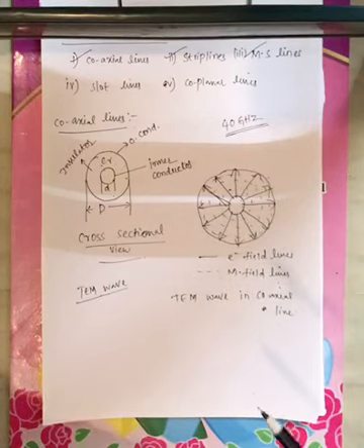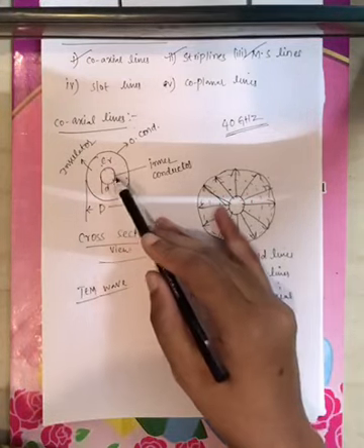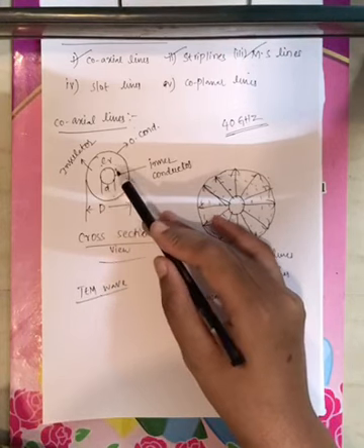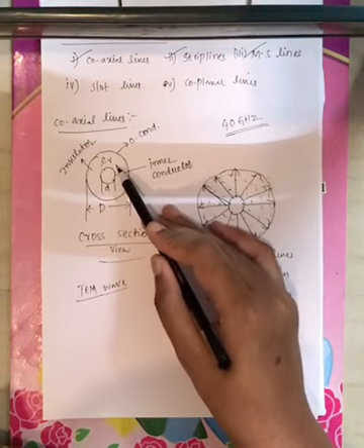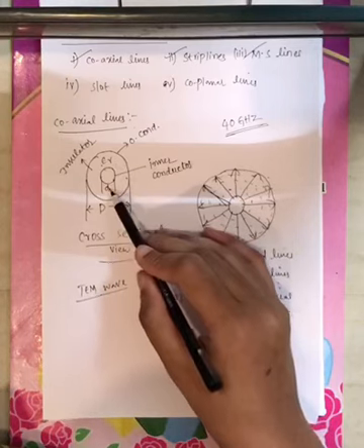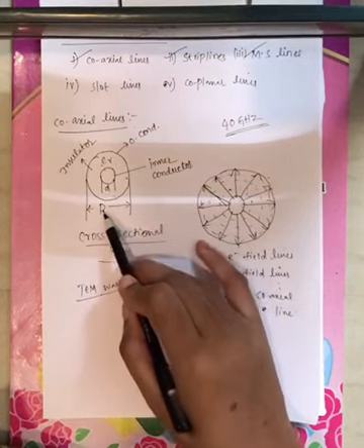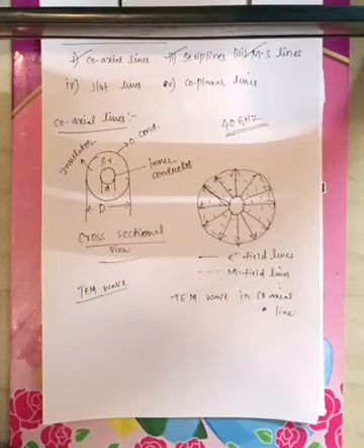Now this is the cross sectional view. It contains an inner conductor and an outer conductor. The space between the inner conductor and outer conductor is filled with insulator, right? Small d is the diameter of the inner conductor and capital D is the diameter of the outer conductor. This coaxial line supports TE mode of propagation, TM mode of propagation, and also TEM mode of propagation.